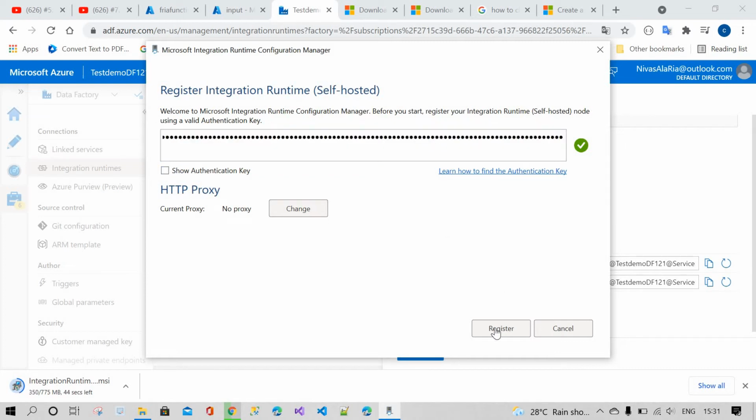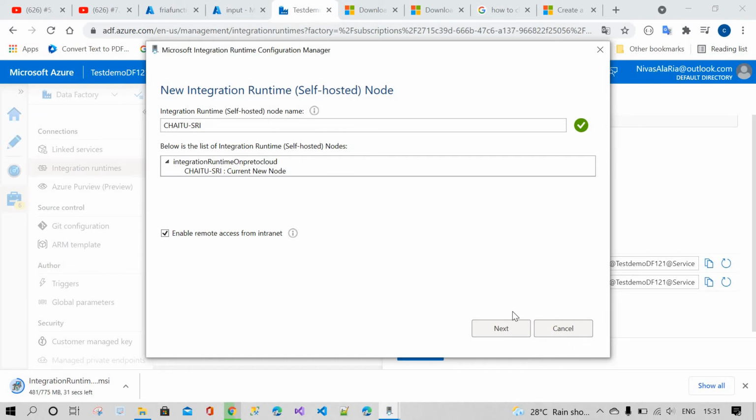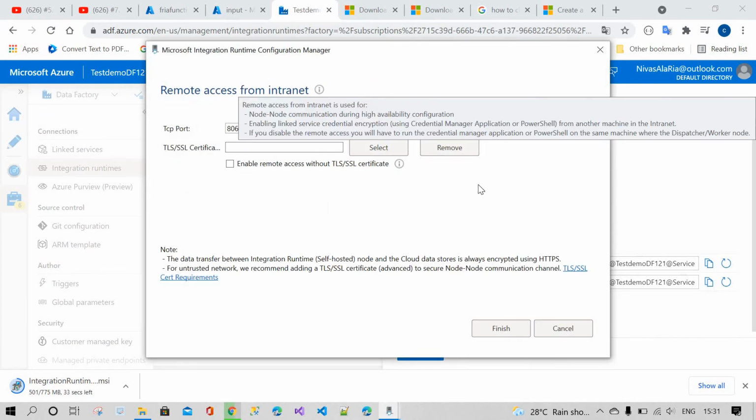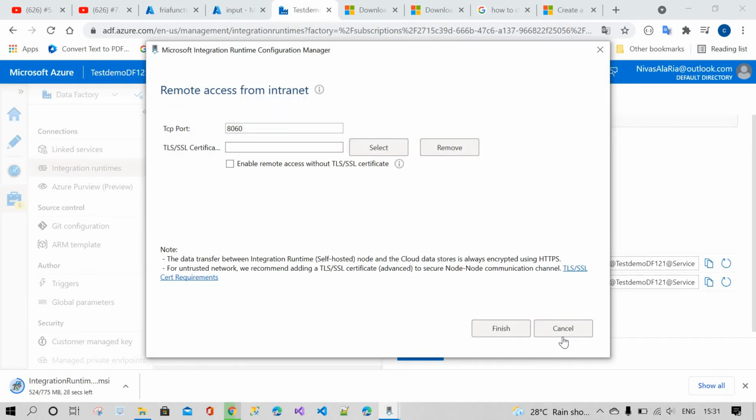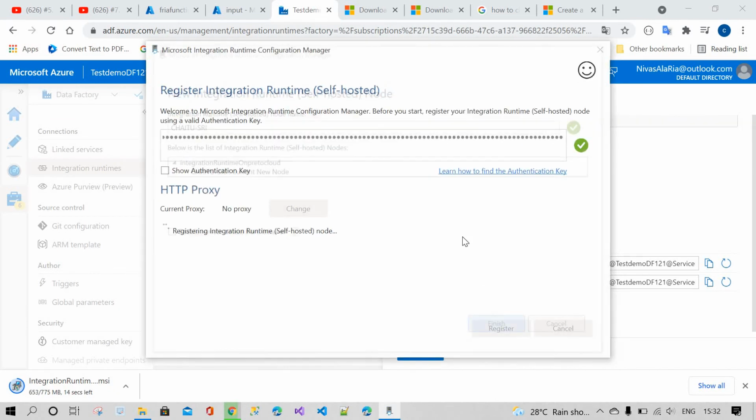Now click on register. Now click on next.